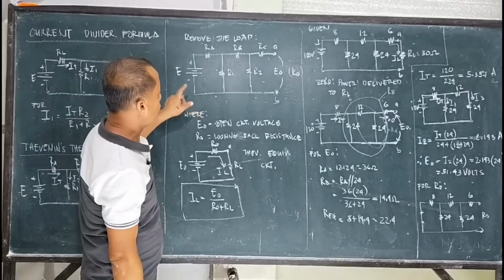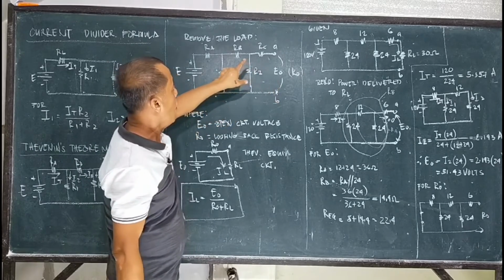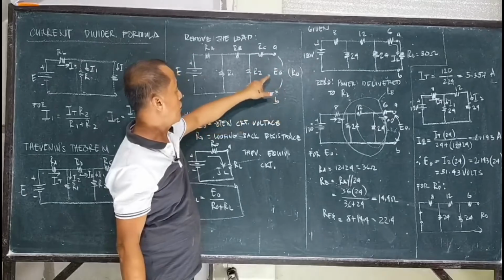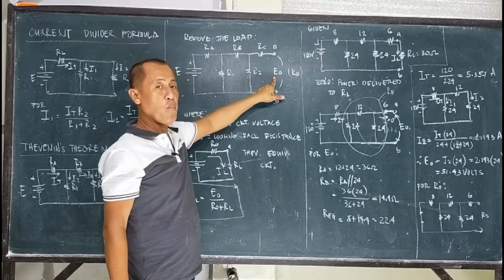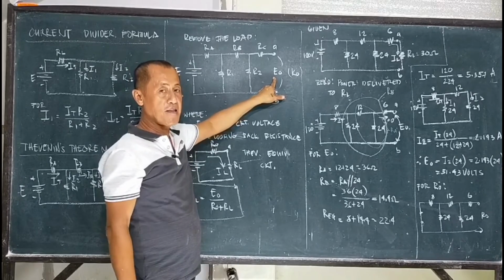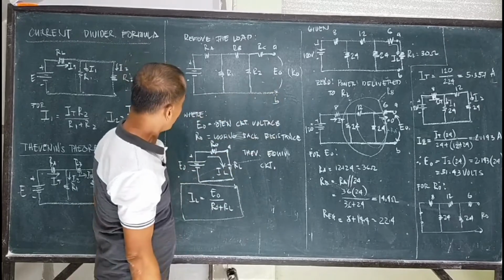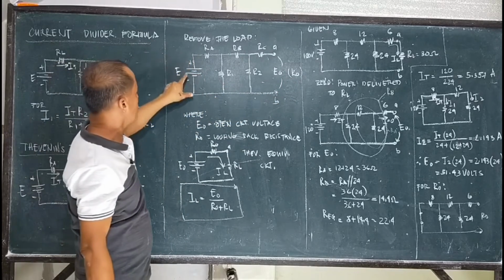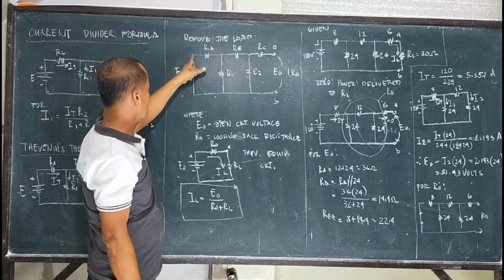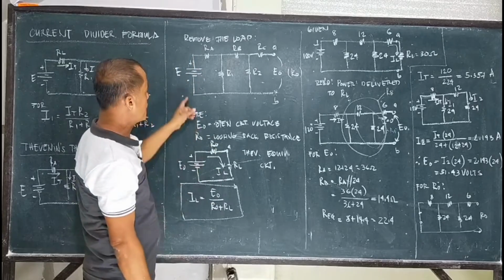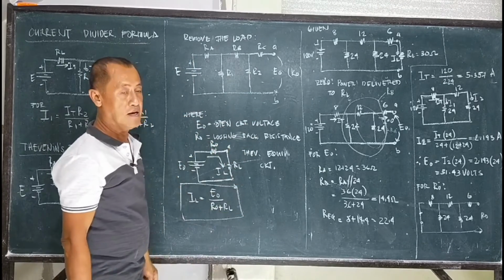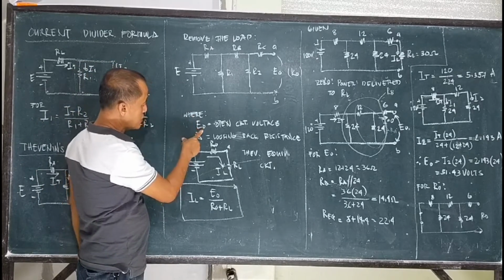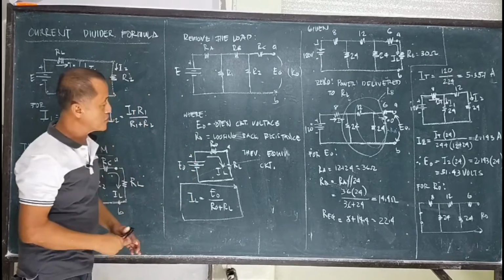Again, solving for E sub O, muna is open the RL and remove the load. Then look for the open circuit voltage using any other method. Solving for the looking back resistance, pag mayroong source of EMF, remove that EMF, then short circuit its terminal and solve the looking back resistance. So, after identifying the open circuit voltage and the looking back resistance, this is now the Thevenin's